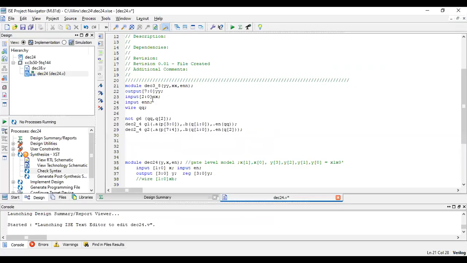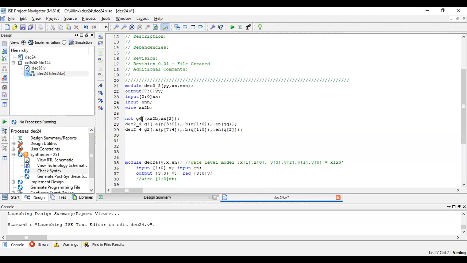So now, what do I have? Enable. I have X2 bar as 1 wire. So NOT gate, what is the output of the NOT gate? My output of the NOT gate is XX2 bar. Let me take it as the XX2 bar. And what is the input? XX of 2 is the input. This is in vector notation. You should be very careful. Here we are dealing with vector notation, so signals will be represented using square brackets.